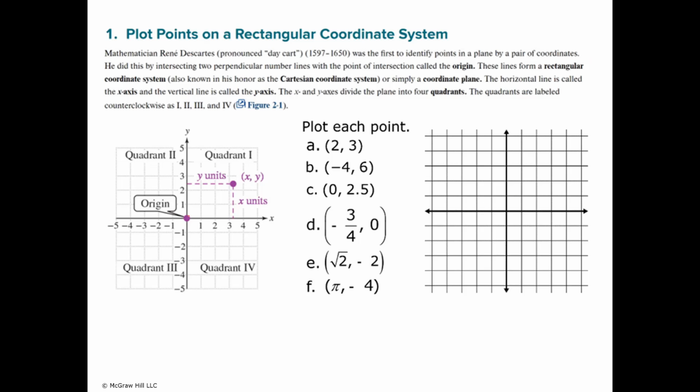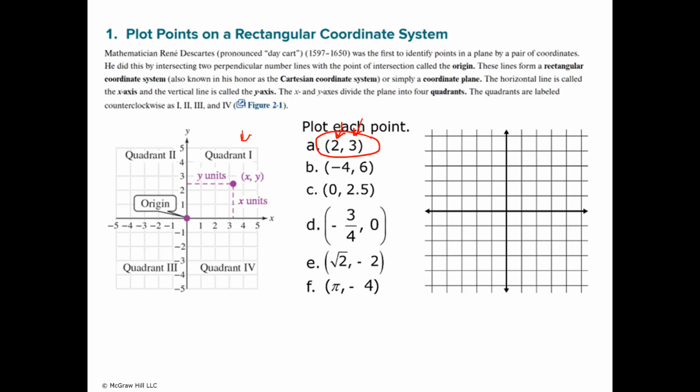So the origin is (0, 0). These lines form a rectangular coordinate system, also known in his honor as the Cartesian coordinate system, or simply a coordinate plane. The horizontal line is the x-axis and the vertical line is the y-axis. The x and y-axes divide the plane into 4 quadrants, counterclockwise, 1, 2, 3, 4. Okay, so remember that when you're plotting points, the first number is the x-coordinate